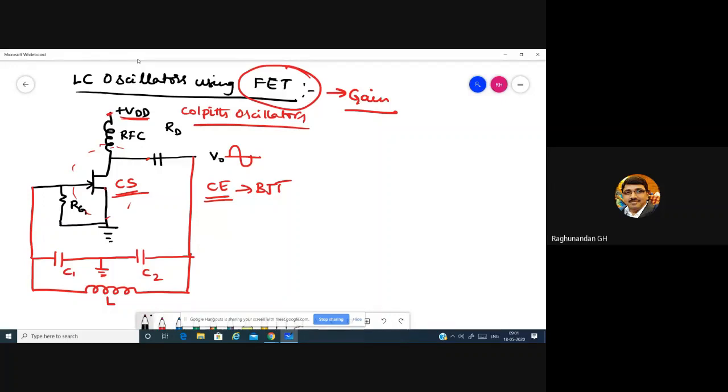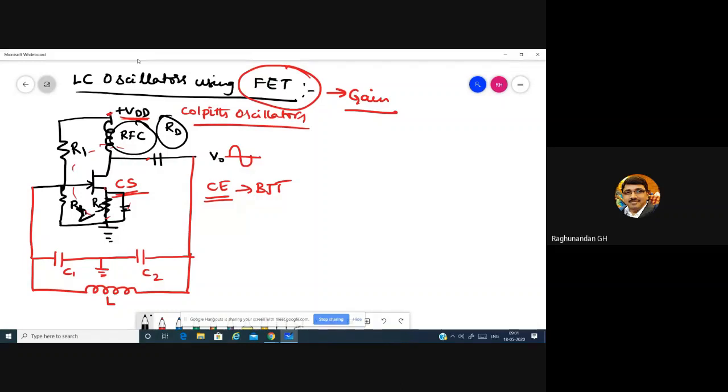Here, instead of fixed bias, you can use voltage divider bias also if you feel that you'll be getting confused. So no problem, you can use that also, R1, R2. You can use this as RFC or, as I had told, we can use RD directly. When you connect it as RD, then you should draw a resistance. When you are taking it as RFC, then you show it as an inductor. And here you'll be adding one resistor and one capacitor, and this becomes RS. So like this, you can use any kind of biasing circuit.